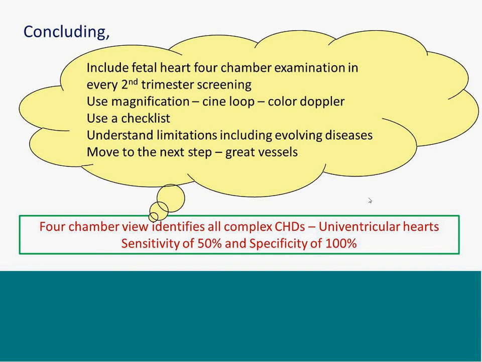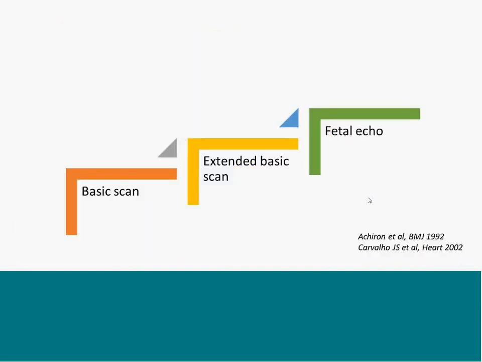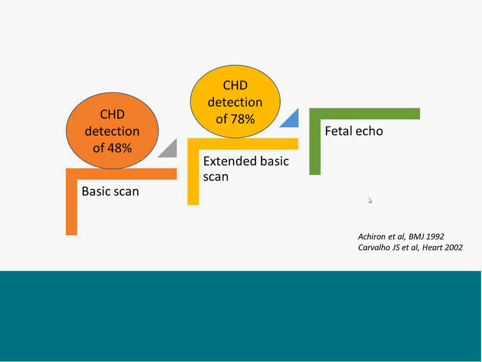Four-chamber view identifies all complex congenital heart diseases like univentricular hearts. However, for diagnosing overall heart defects, it has a sensitivity of 50% and specificity of 100%. A basic scan can pick up 48% of the heart diseases. Extending the basic scan, which includes the outflows, can pick up 80% of the heart defects. And fetal echo can pick up everything. However, if we strictly follow the indications for fetal echo, only 20% of CHDs will be picked up, because 80% of the heart diseases happen in babies of mothers who do not